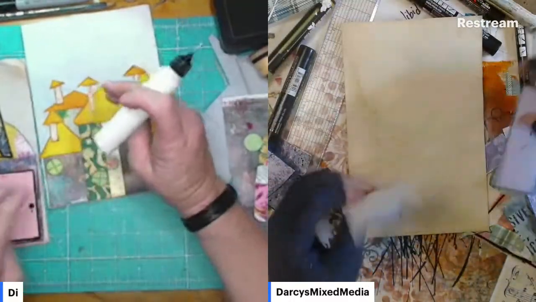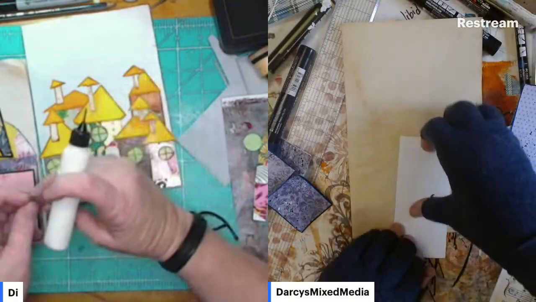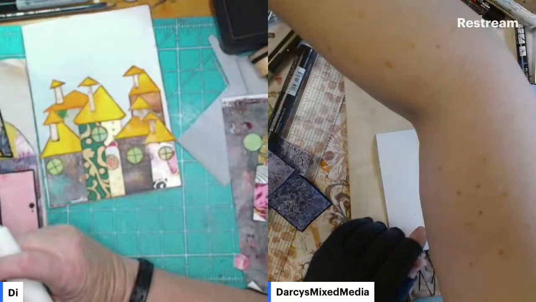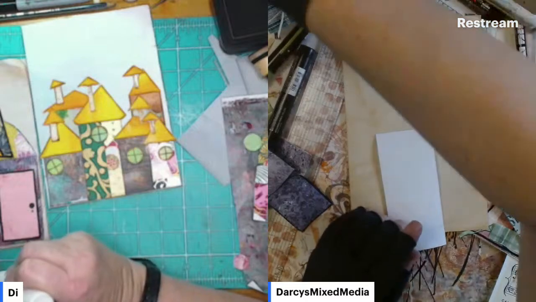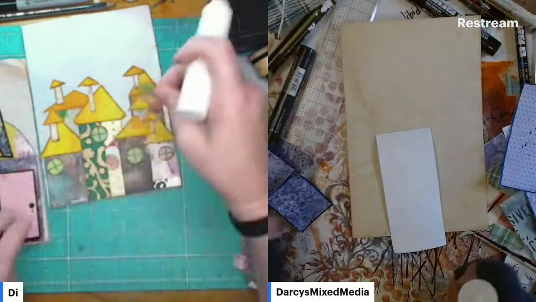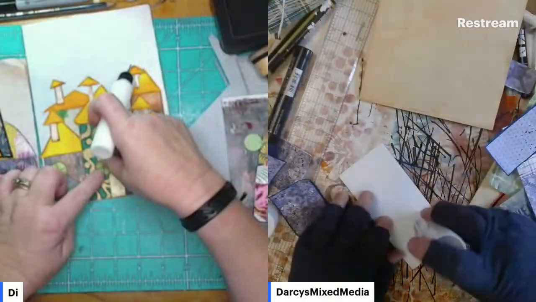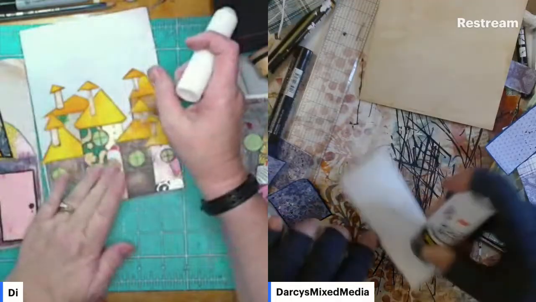All right. We're just going to start gluing. I'm actually going to glue. Yes, I'm just going to glue these down. There it is. My fingers are getting tired from the precision glues. Moving on to the glue stick